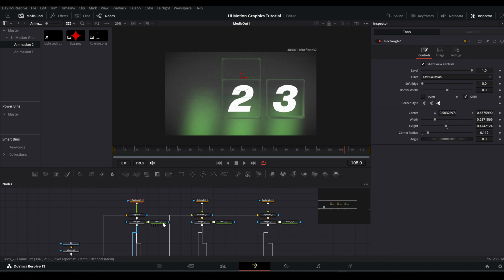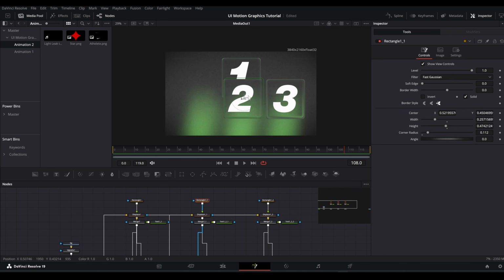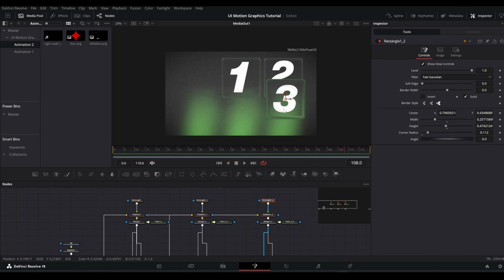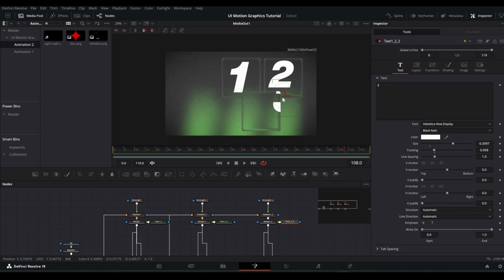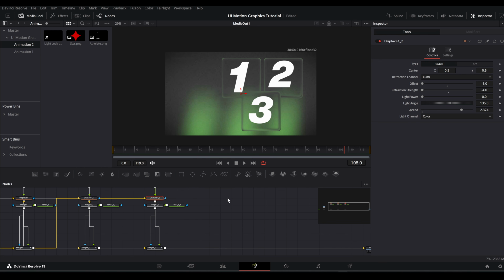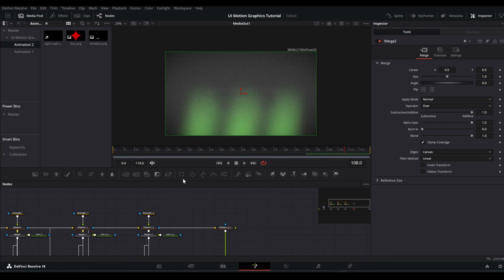Bring one here and the text as well right here, and the second one would go here like so, and the text goes there as well. And for number 3, we will bring it down here and the text inside the box as well. And now what we're gonna do is copy this displays node, paste it here, merge it like so, and then once again take an output from this merge, and it goes into the yellow input, and we will grab another